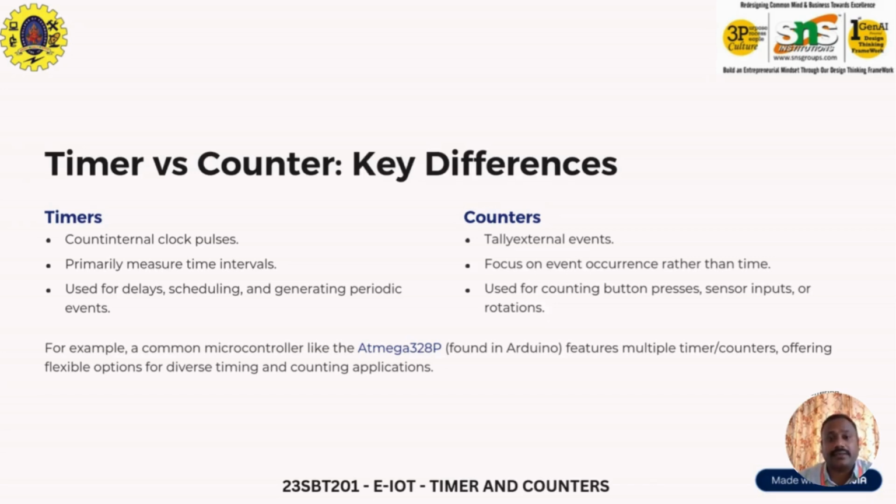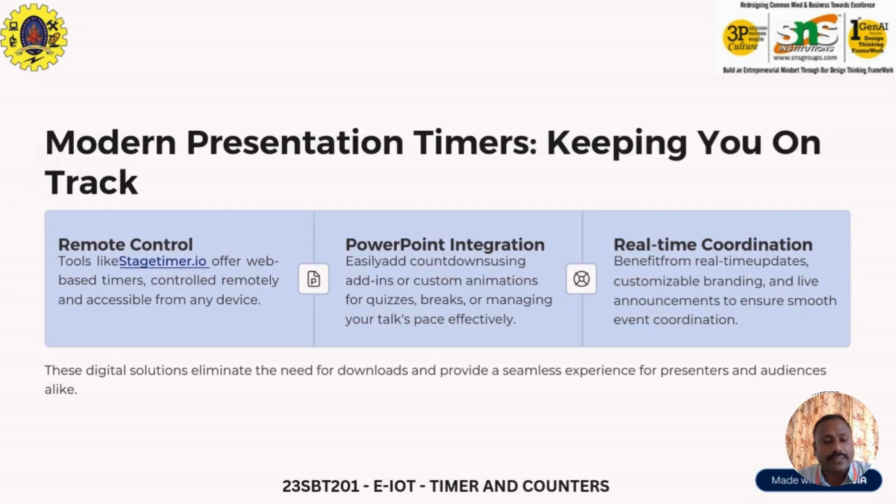A counter counts the sequence of external tally events, focusing on event occurrence rather than time, and is used for counting button presses, sensor inputs or rotations. For example, a common microcontroller like the ATmega328P found in Arduino features multiple timers and counters, offering flexible options for diverse timing and counting applications. It counts the sequence step by step. So next